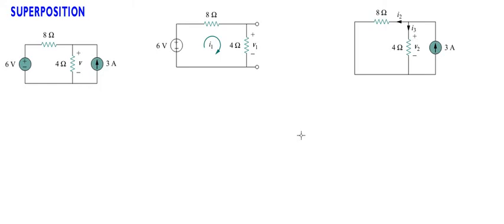Okay, class. So now let's have an example for superposition. As you can see in this figure, let's try to apply the steps in getting the value of a certain branch. Let us say this VT here. So if we apply superposition, the first step is to turn off